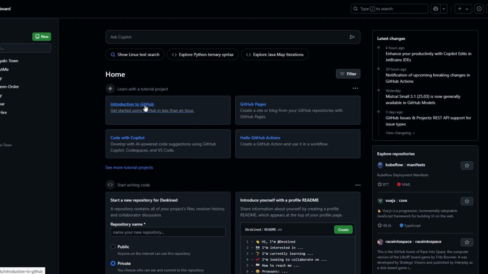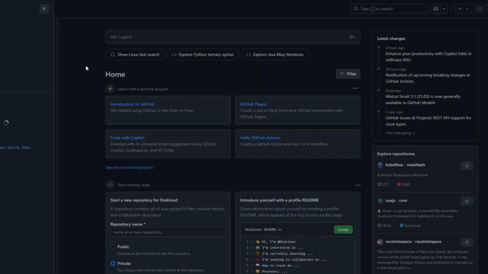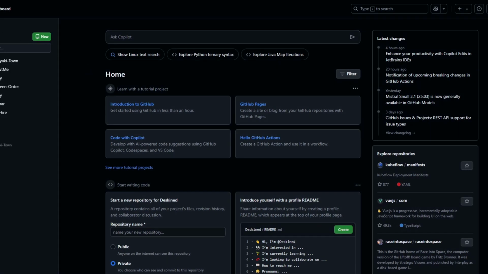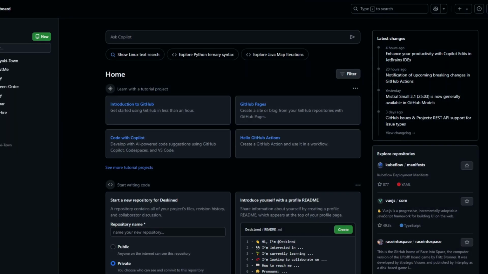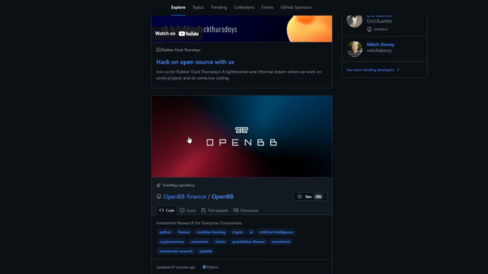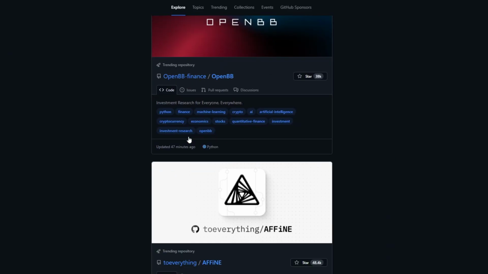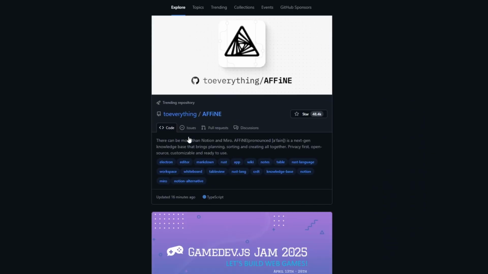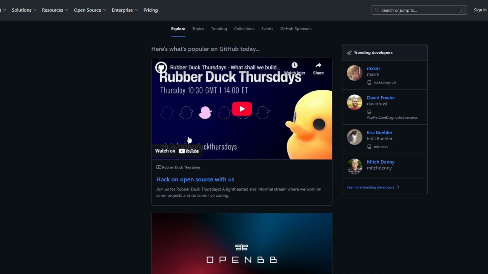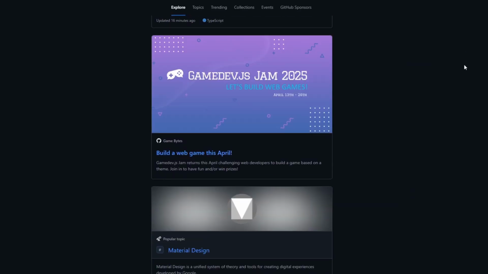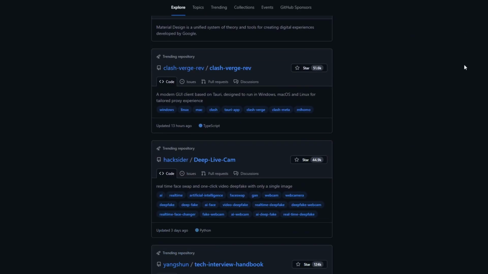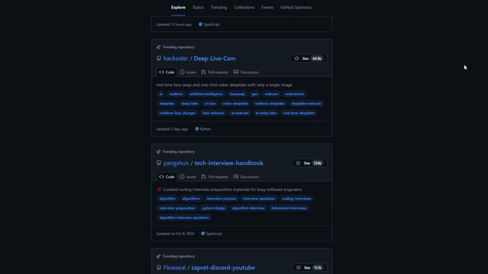Simply to get started, you want to navigate through your dashboard right here, and once inside, you then want to click on the Explore button. Right after clicking on Explore, we can then go ahead and see multiple projects on GitHub right here or multiple repositories. If you want to download a specific repository, they have a search button that you can go ahead and use, but in my case, I'll go ahead and download a random repository right here that maybe we can use